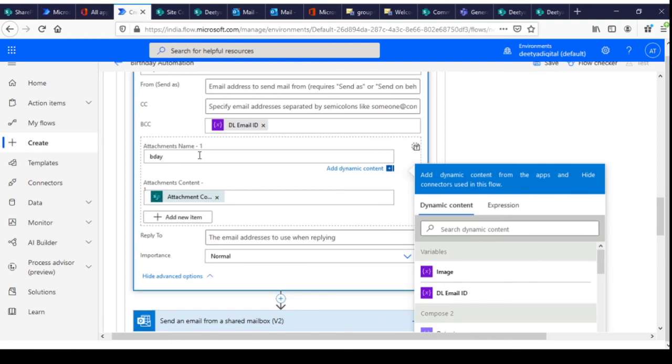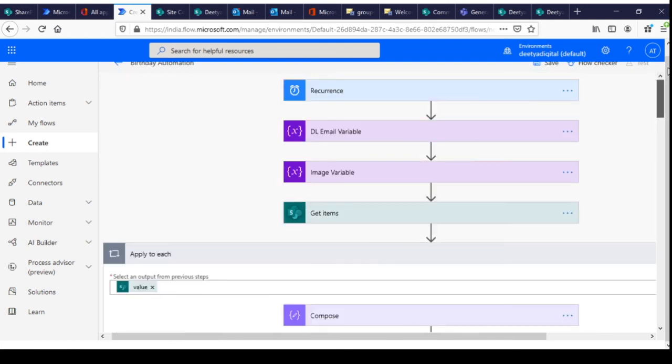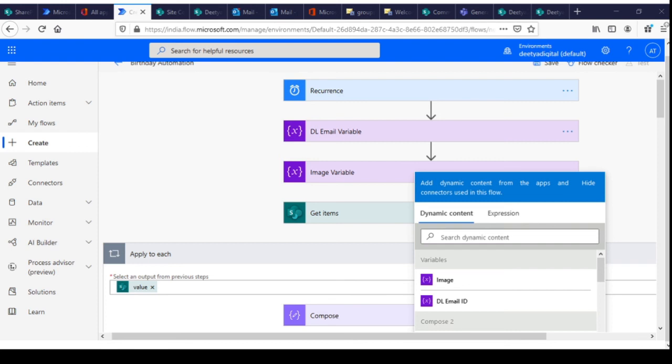Sorry, we just forgot to mention the name of the attachment. So we are putting name over there.